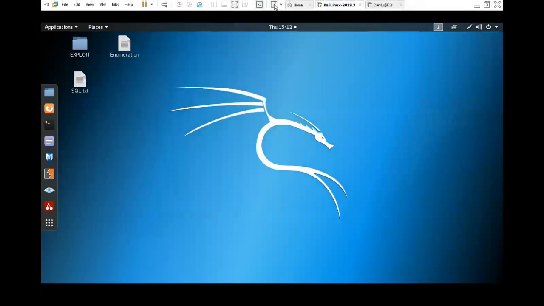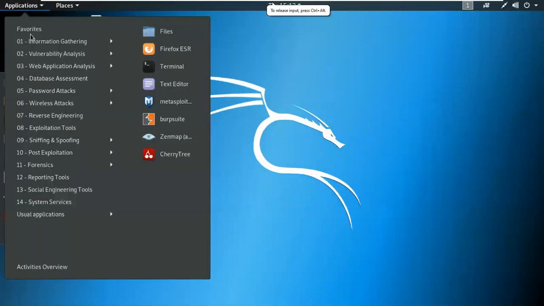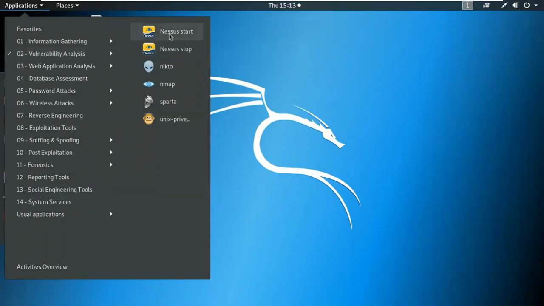Okay, so we have our Kali Linux over here. So I already have installed the vulnerability assessment. See over here, I already have installed my Nessus server. You can see